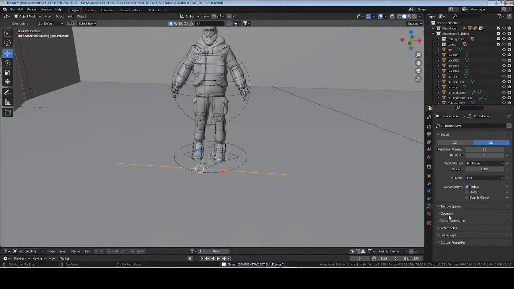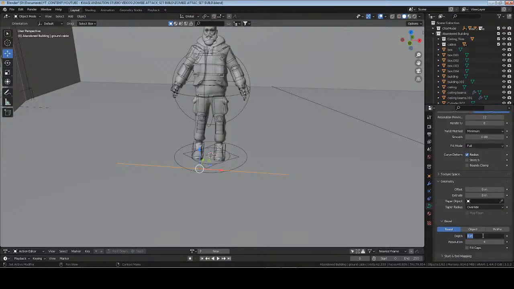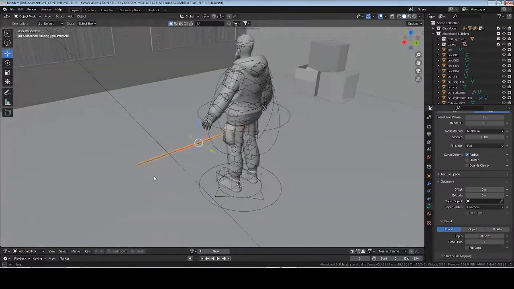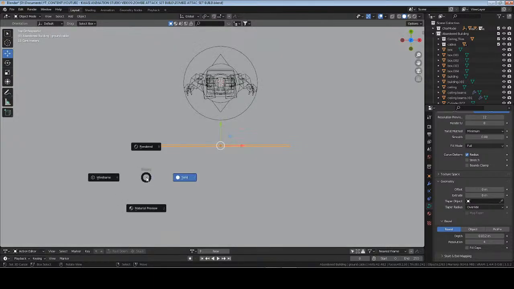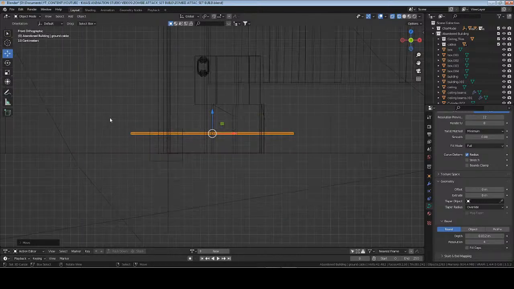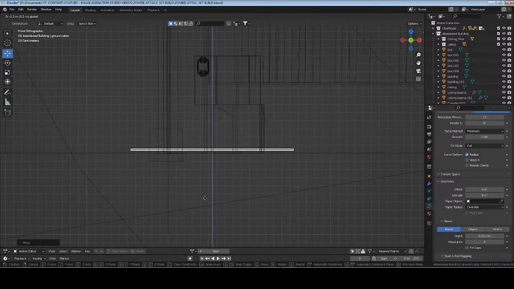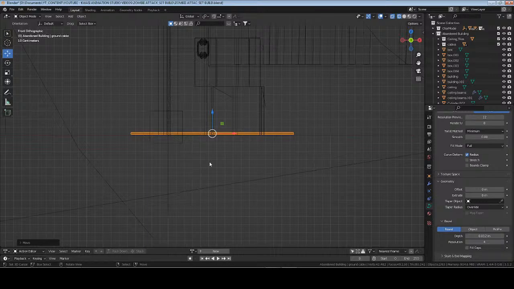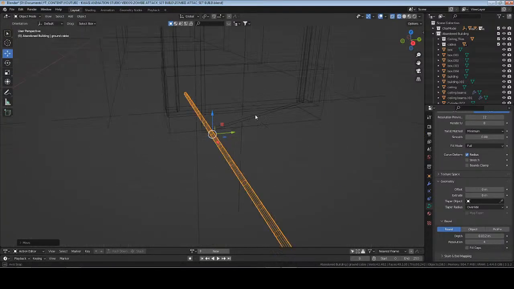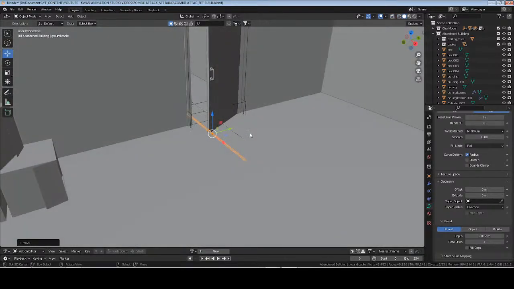Let's see. Turn it off. 0.02. 0.01. 0.012. Alright. Okay. So above 4, because I want to bring it over here, so it looks like it's coming through this door. Hit 1. I want it on the ground. Is it on the ground? No, it is not. Now it is. Alright, so come back into here. Okay. So I know that I can